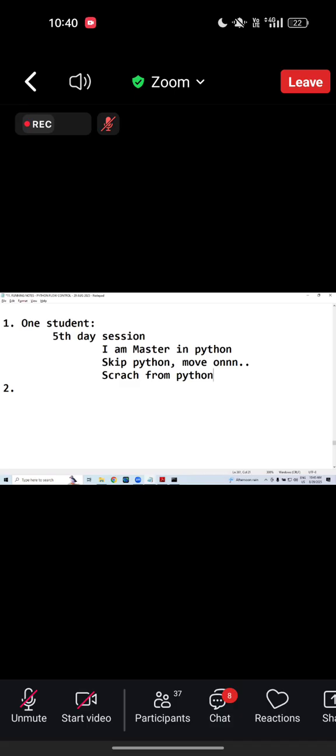If anyone already knows Python, that's still okay. But from my session I'm sure you can learn many things, like LHS equals RHS, and the keywords table. For a keyword, how I explain, that kind of explanation you never get anywhere else. This is just the start. Once I enter the string topic, maybe after flow control, I will explain real-time usage with examples. Are you clear? If anyone already knows Python, please be patient until we finish Python.